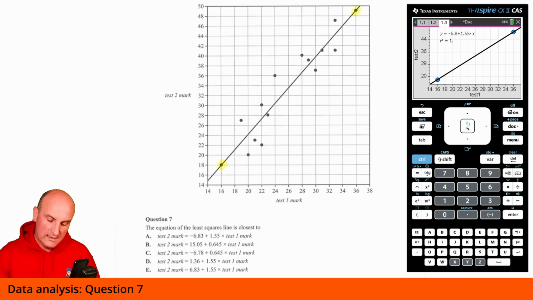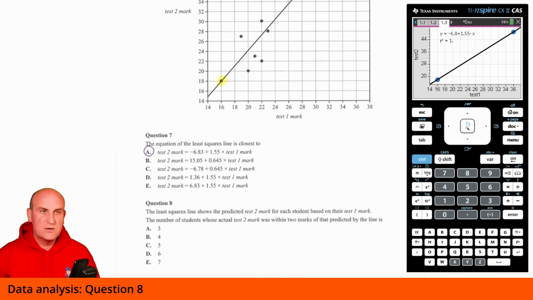I think the only one that it can be is actually A there. None of the others tend to work. Yeah, they're all close, but not quite there. Oh, minus 6.8. Yes. And again, the one that I just wanted to check there was that one there because it got markedly close and I was a little bit worried about that one.